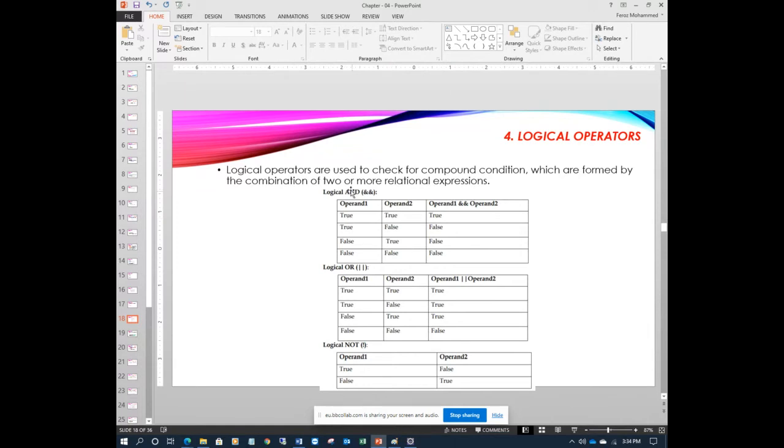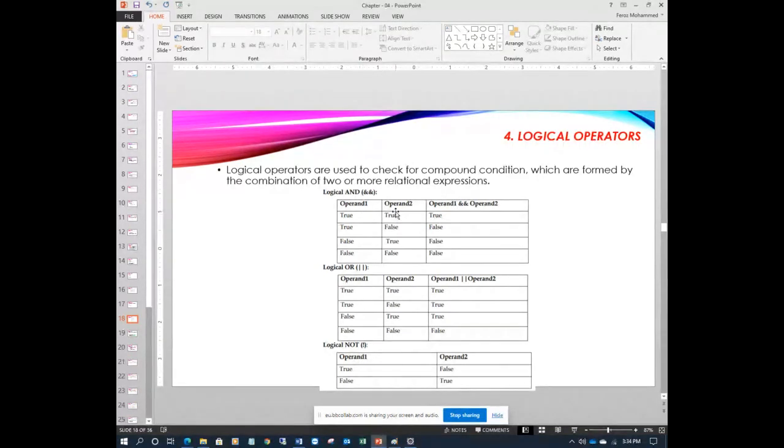In logical AND, if one of the operands is false, the result is false. If both are true, the result will be true.